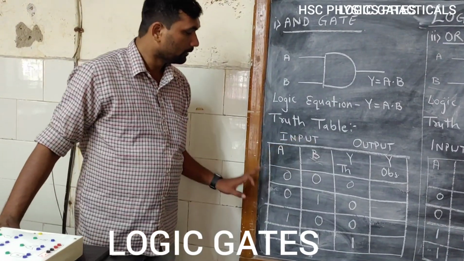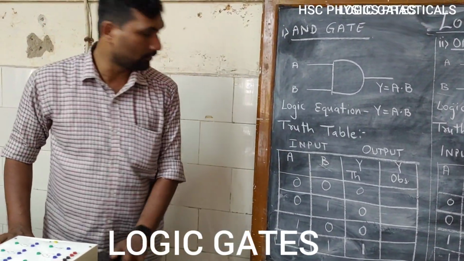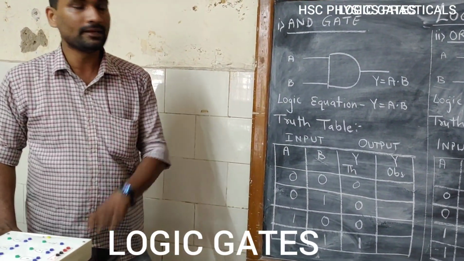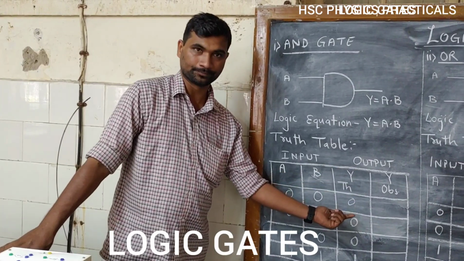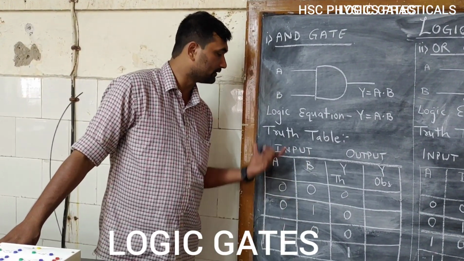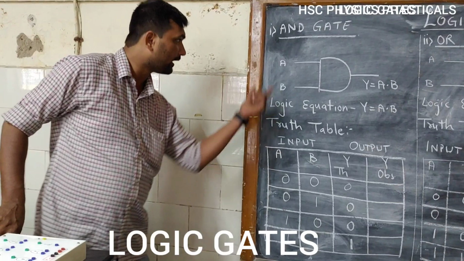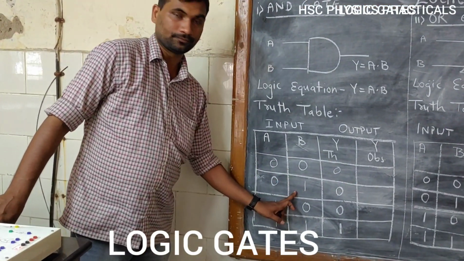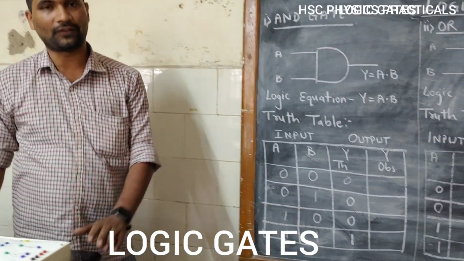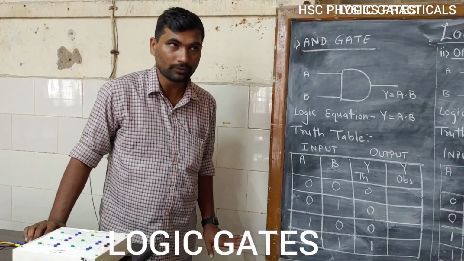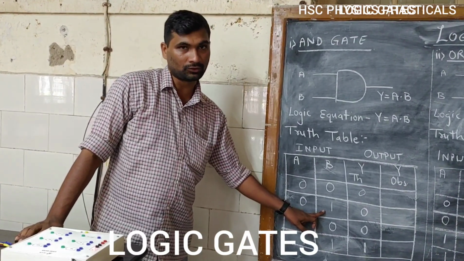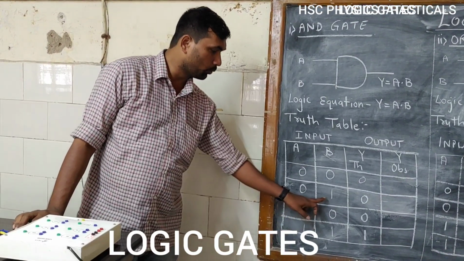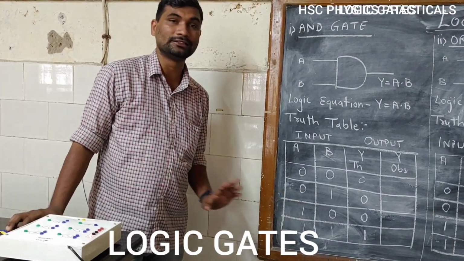Coming with the truth table, so truth table means what? It is the input and output relation which is meaningful. Meaningful means it has the proper output. We write it in tabular form, that is known as truth table. Coming with the input, there are 2 inputs, A and B. So here we have used 0 and 1. 1 means plus 5 volt and 0 means 0 volt. In your maths 1 is used as a truth, 0 as a false, and in physics you are using 1 as plus 5 volt, 0 as 0 volt.